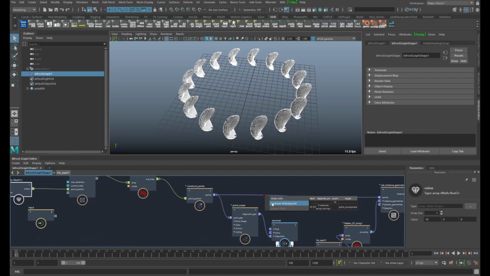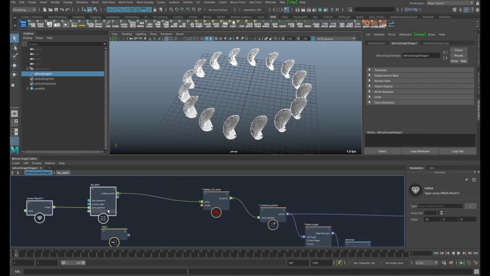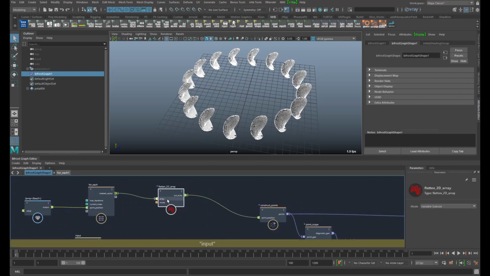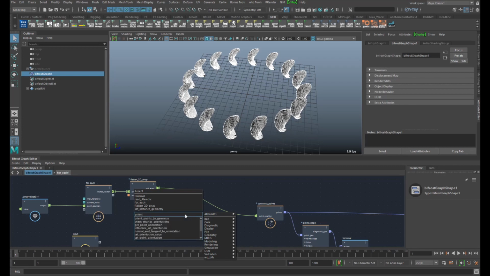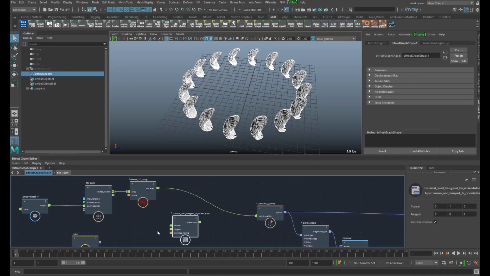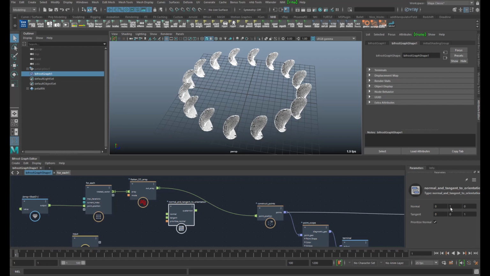So what we need to do is give all our points an orientation. And the way to do this is actually quite easy. We can set the orientation by using a normal and a tangent to orientation. And as a normal, we're going to use the y-axis.